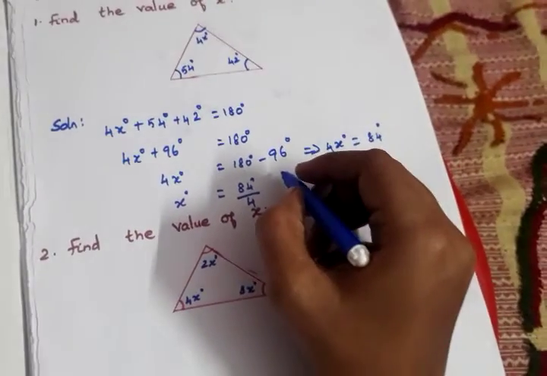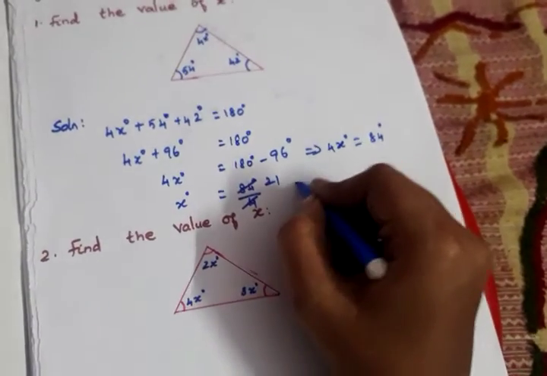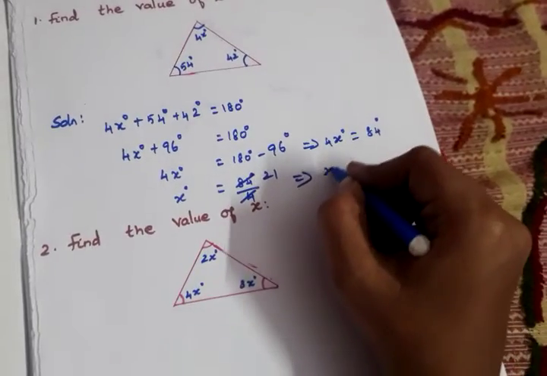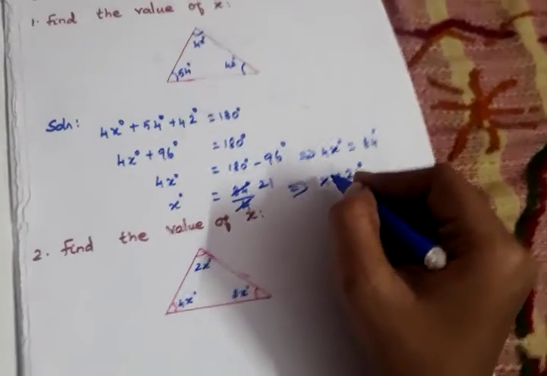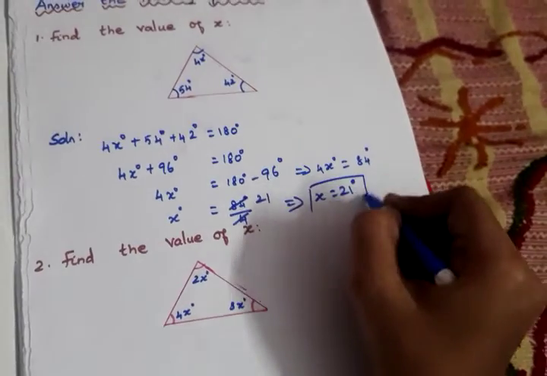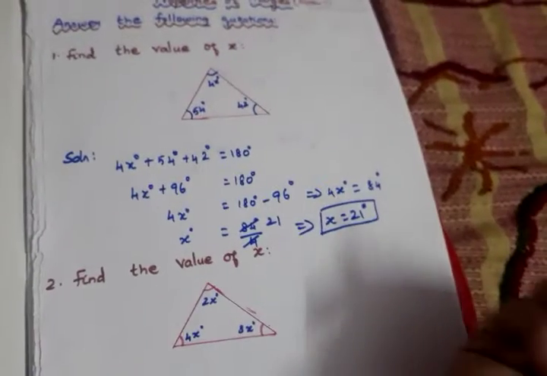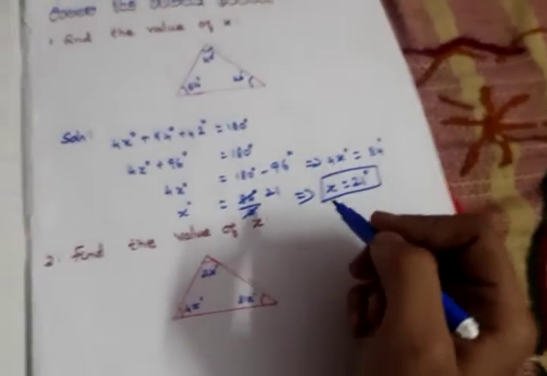Cancelling, we got 21. So x equals 21 degrees. That's all. Did you understand? Yes. So next,